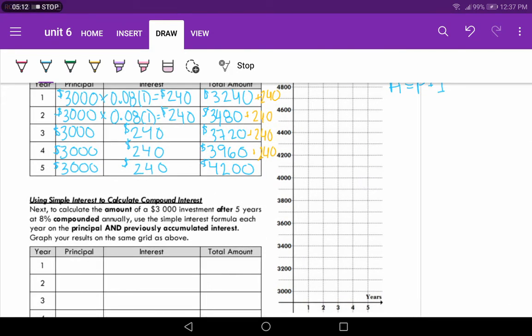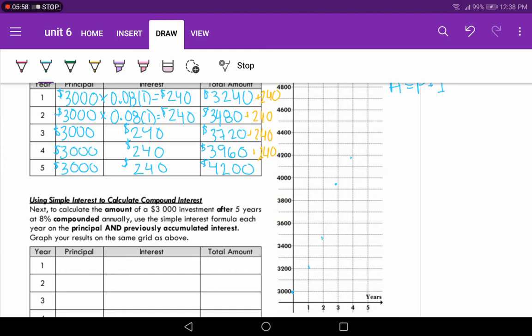So I'll do this one in blue. So what we first invested, so no time has gone by, we invest $3,000. After a year, we're at 3,240, so approximately there. After 2 years, we're at 3,480, so 3,4 somewhere in there. After 3 years, we're at just about 4,000. After 4 years, we're at